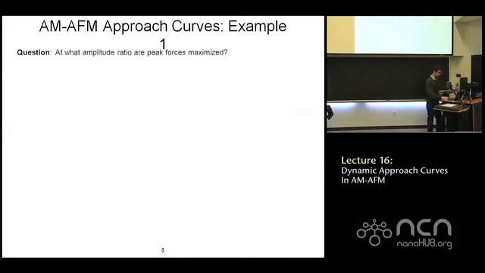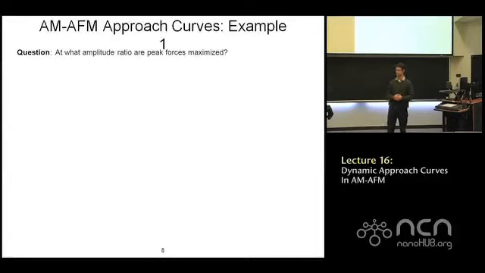Okay, so next I'll ask you guys a question. One of the reasons why we do the dynamic approach curve simulation is we want to pick out favorable conditions to take the image, right? So we're going to pick things like operating amplitudes and set point ratios, and those are what we're going to use when you turn on the feedback,